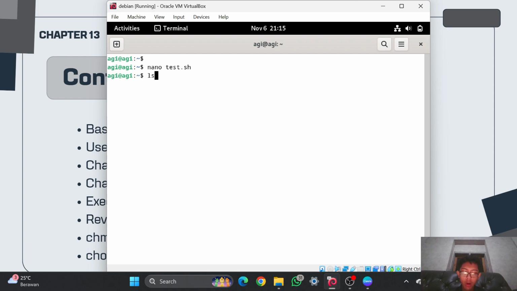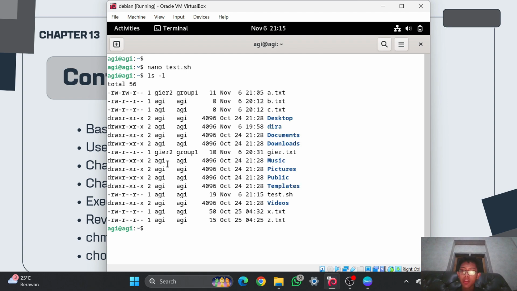And right now I have a file named test.sh. When the AGI user runs this file, it will be permission denied, because the AGI user doesn't have access to run or execute this file.